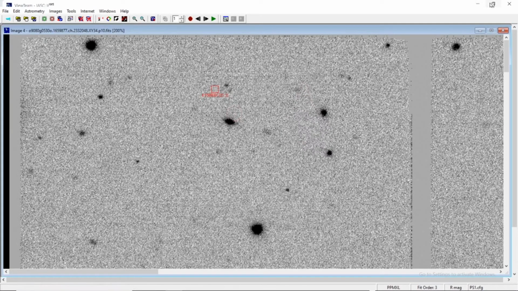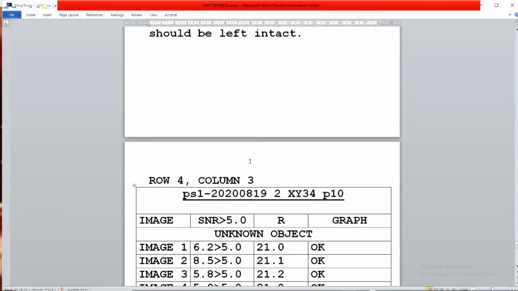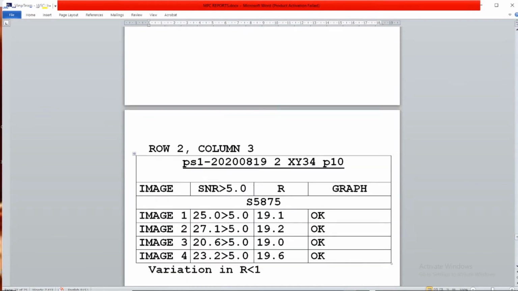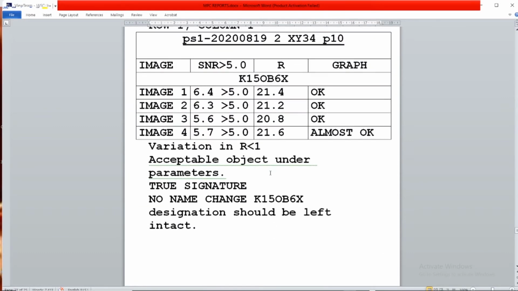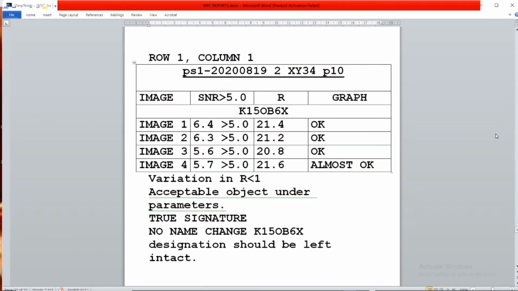So now let me see what we have in store for us regarding these values. This is what I had maintained exclusively for you. This is our particular first row and first column. In this image set we had 4 images, and after analyzing them, what we got was SNRs greater than 5.